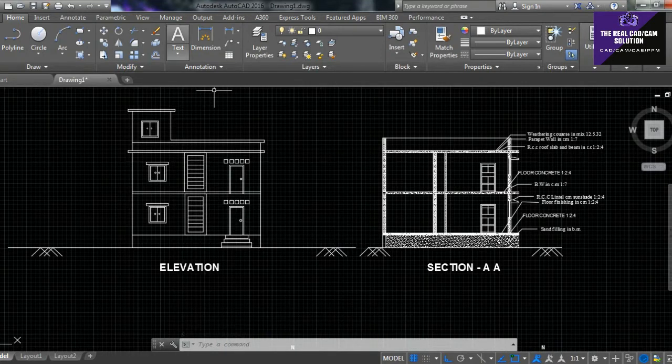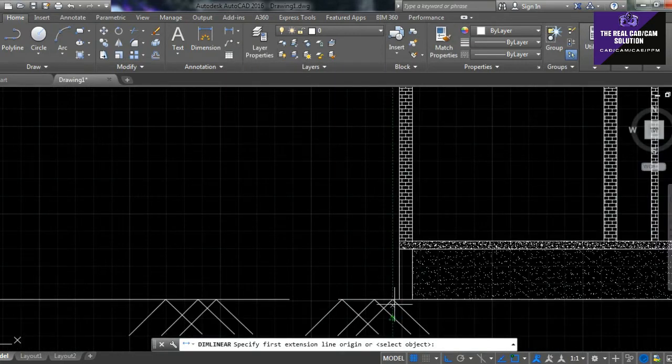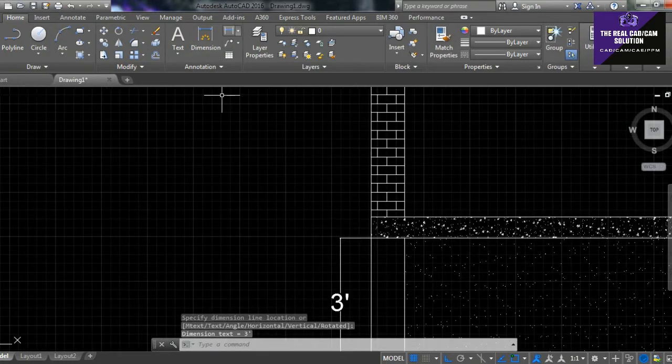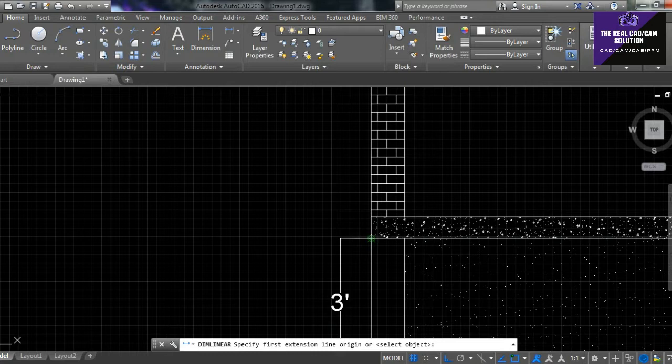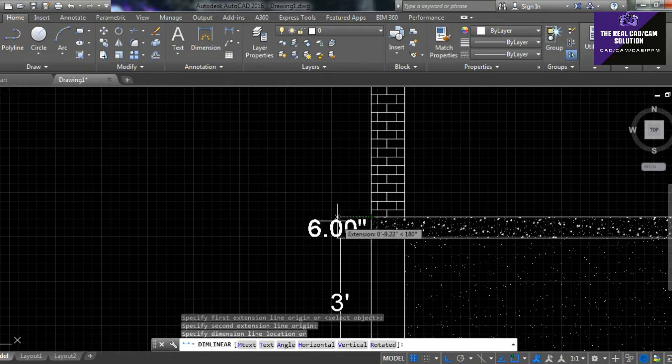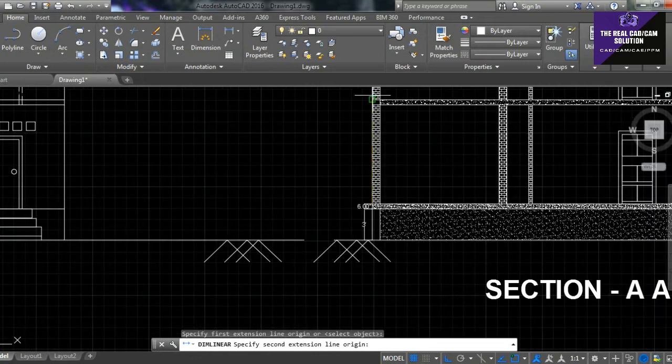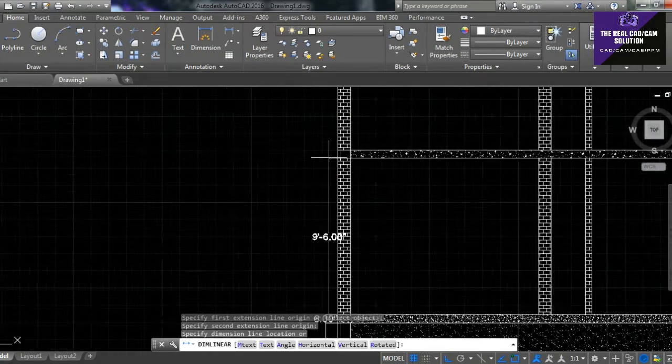So go to linear and take the dimension. This is my basement and this is my floor and this is my top of the roof area.